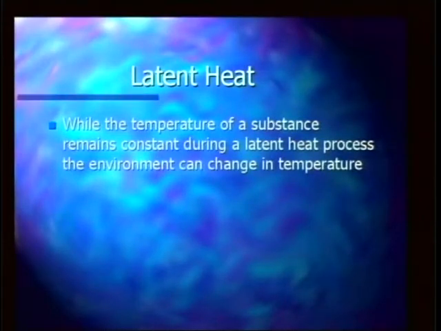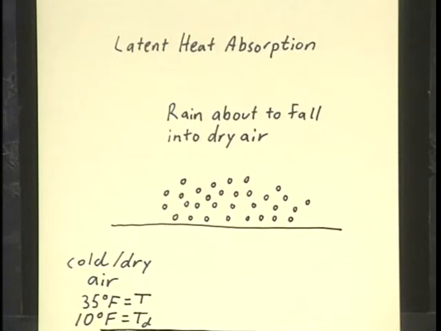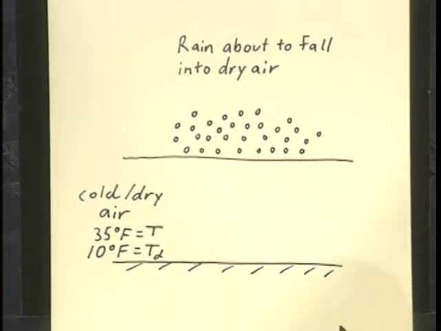So in summary of latent heat, when the temperature of a substance remains constant during a latent heat process, the environment is going to change in temperature. And on the overhead camera, look at latent heat absorption. Again, an example of that is rain falling into dry air. And this is a critical concept in operational meteorology in a winter weather situation because it can change rain over